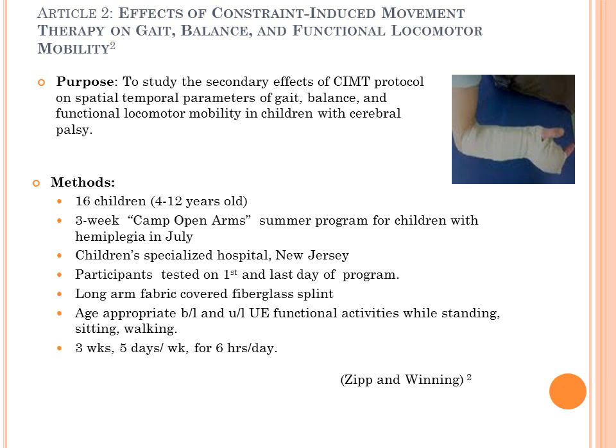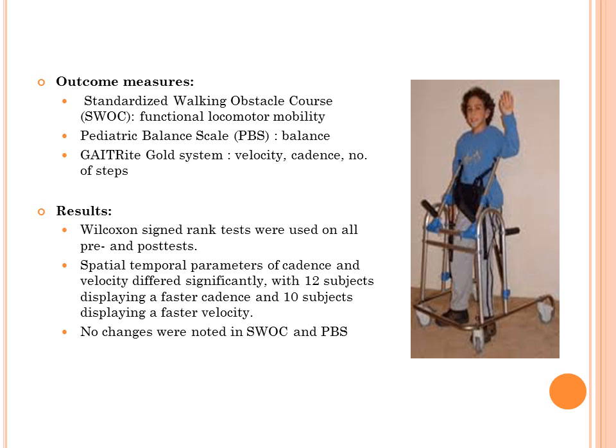The splint used was a long arm fabric covered fiberglass splint. For their activities, they included age-appropriate bilateral and unilateral upper extremity functional activities while standing, sitting, and walking. The duration was 3 weeks for 5 days per week for 6 hours per day. So there were 3 outcome measures. The first was the standardized walking obstacle course to measure the functional locomotor mobility. They used the pediatric balance scale to measure balance, the GAITRite system to measure the velocity, cadence, and